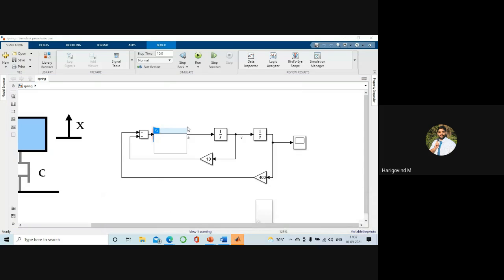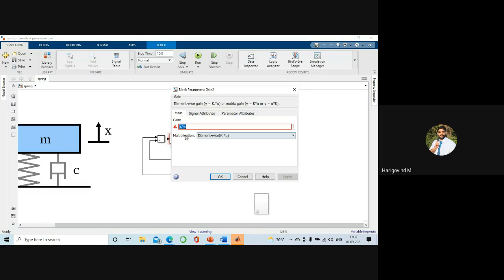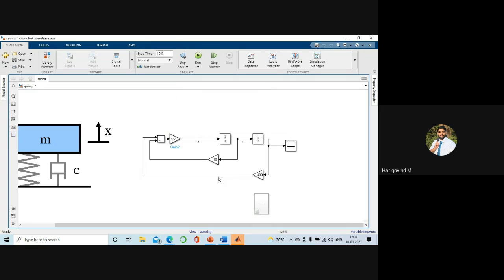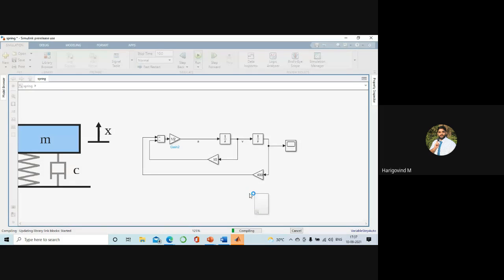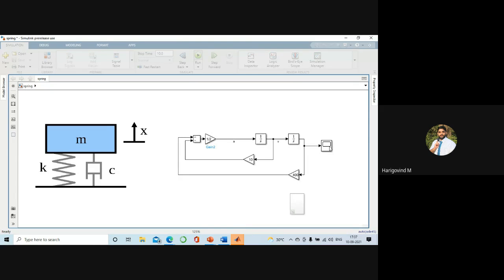But instead of that, if we can, still it is slow. Let's compile this, just run this. And if we open the scope,